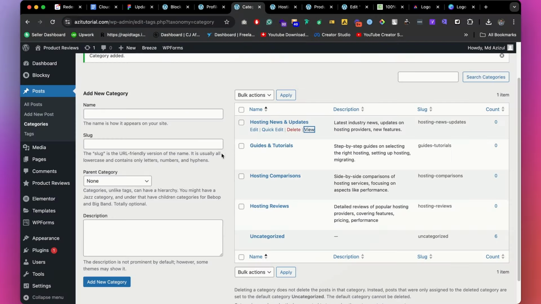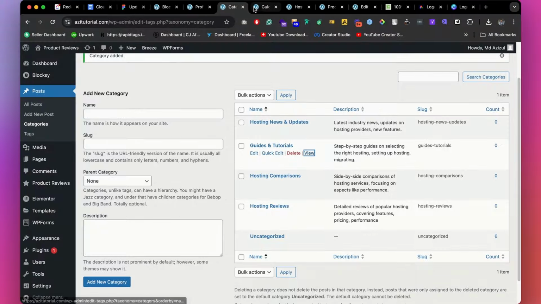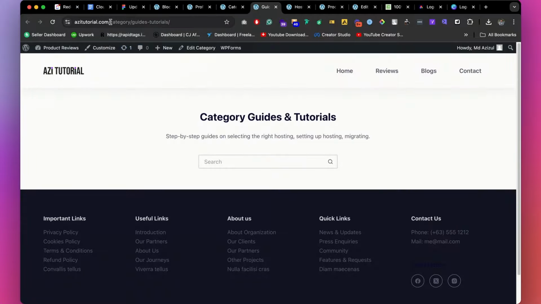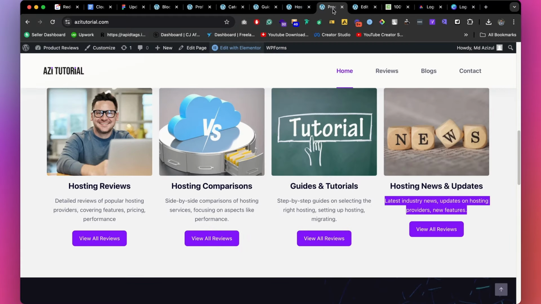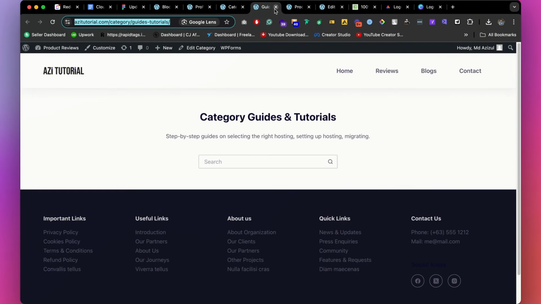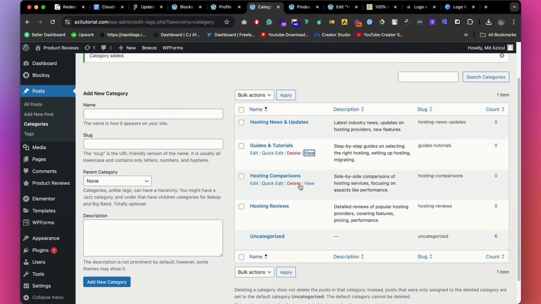And if you don't understand, then you can go this way. Let's say guide and tutorial, click on the view link, then you get a link. Simply copy the URL and go back here, and you can simply paste it. Or if you remove the .com and put the slash there, it's also going to work. It doesn't make any problem. So let's go to the next one, hosting